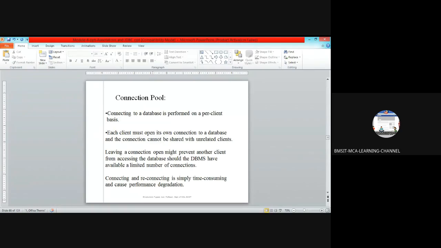Amit, has the image insertion issue been solved?